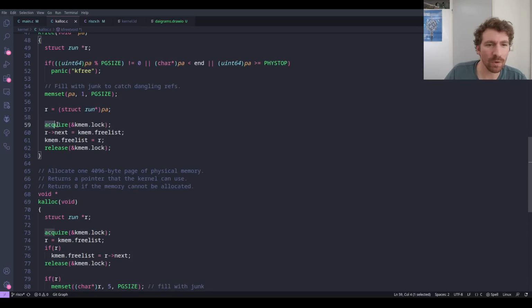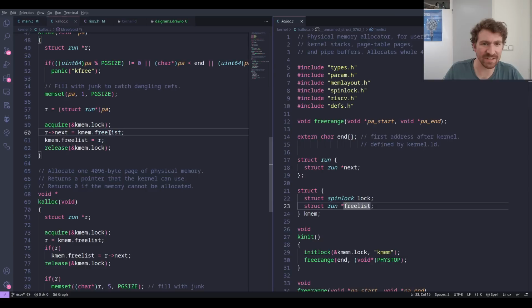And so we acquire the lock and then we release it afterwards. We're just making sure we don't collide with any other CPUs here. And we set the r next. Basically we're going into the physical memory of this system now. We're writing the very first 32 bits of it. We're writing it to be the address of, I guess this would be 8 bytes since it's a pointer in a 64-bit system. We're writing the first 8 bytes to whatever our current